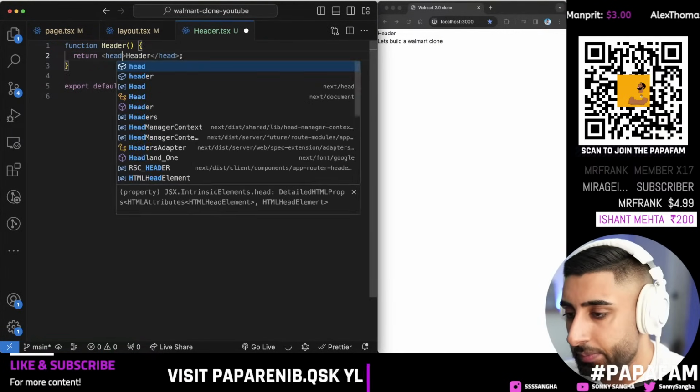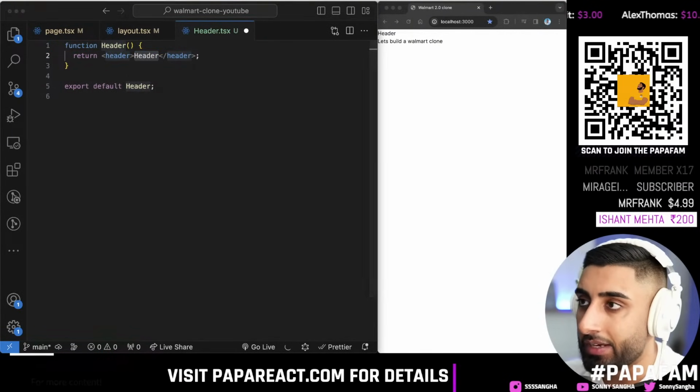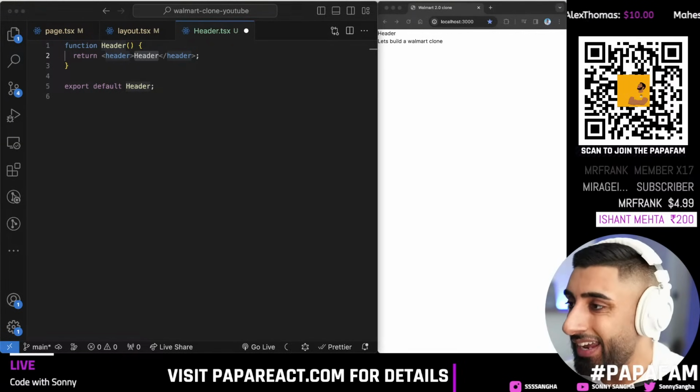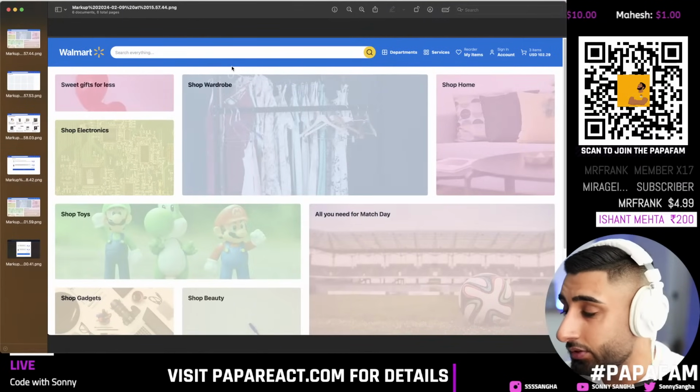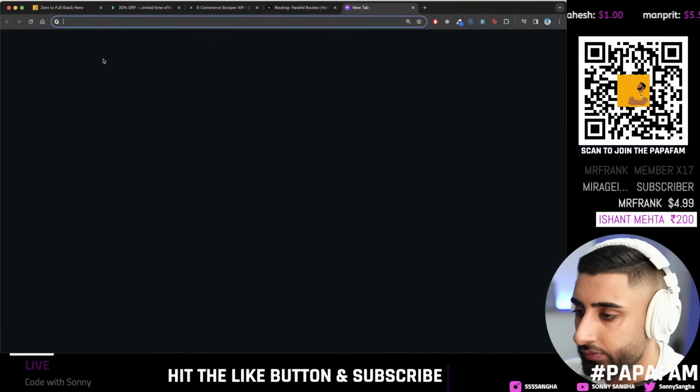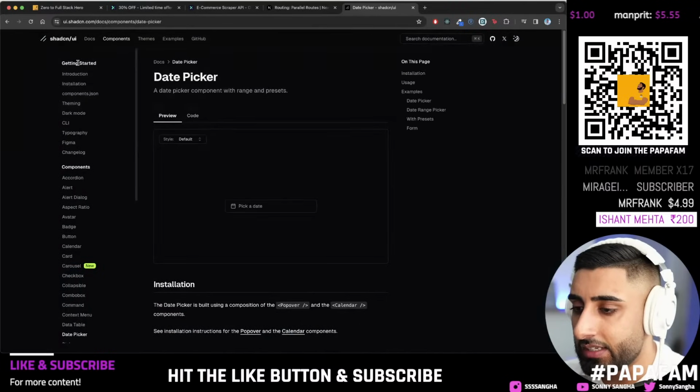Firstly, for SEO purposes, we're going to change our syntax to be header. That way, web scrapers know that we're actually using a header. And before I dive any further, we're going to go ahead and install something called Shadcn. So Shadcn is responsible for a lot of the beautiful designs. And again, we do cover this in 0 to Full Stack Hero, but I want you to go to